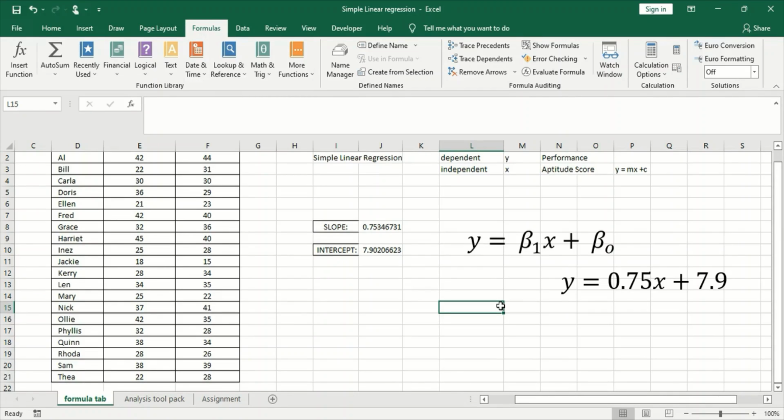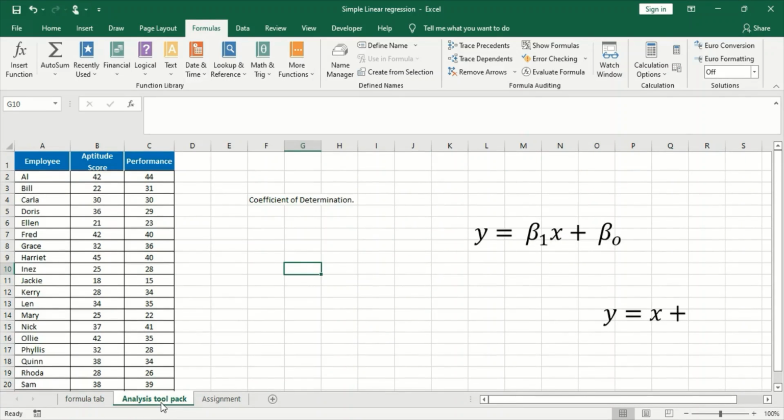Now the bad thing about this one is that it doesn't tell us whether the relationship is significant, whether we can trust this regression line and all that. But I just felt I should teach you this before we go into the analysis toolpack. Personally, if you want to do any work on this, I would prefer you use this method. Sorry for that. I prefer you use this method. So let's go